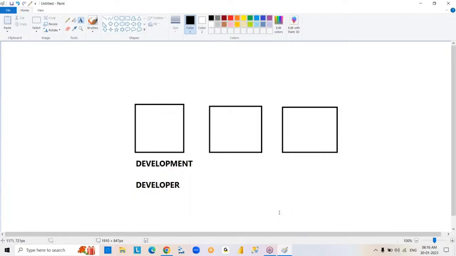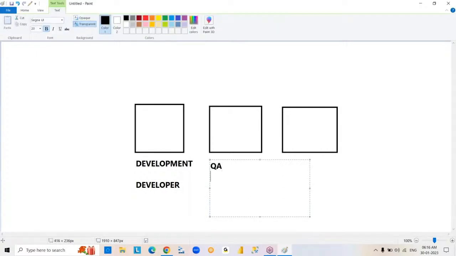So these are all comes under development tasks. So that we do in development server, right? So after completion of the development, your database